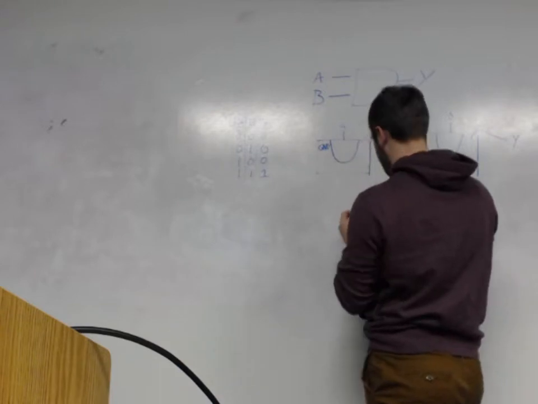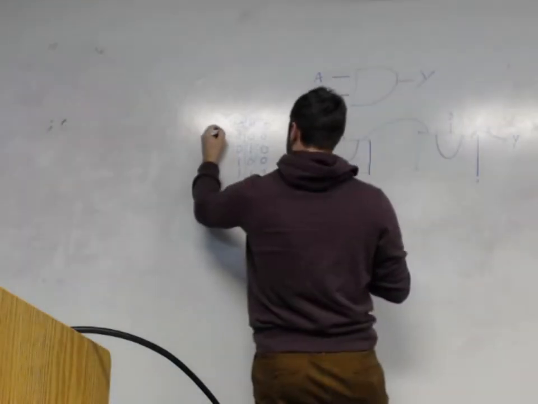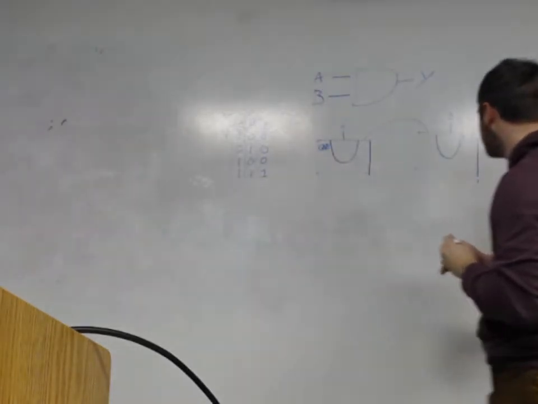Sure, ground, that sounds great. Okay, so we've got ground, we've got output Y. All right, so let's run A connected to B. So now, if A is 0 and B is 0, output 0. That's correct. If A is 0 and B is 1, the output would then be